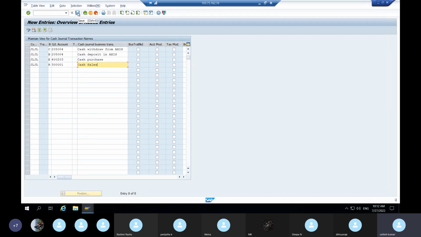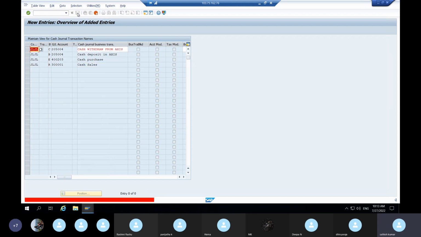So like this you have to link all the business transactions in the GL. Then I can post in the front screen. Now after this you have to click on save. While saving, I'm getting the error because I already created this. So from your end you are not getting any error. Okay, then after that,